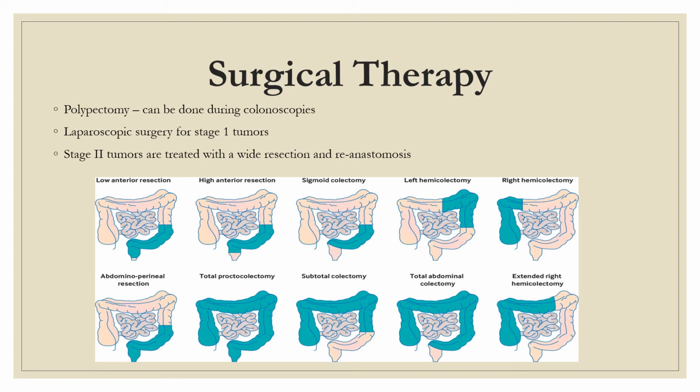Stage 3 tumors are usually treated in conjunction with both surgery and chemo, as well as chemo and radiation can be done before a surgical procedure to shrink that tumor a little bit. So it's easier for the surgeon to go in and take out the tumor. And it might be better for the colon as well. They may not have to resect as much, so they would pre-treat the patient with chemo and radiation.